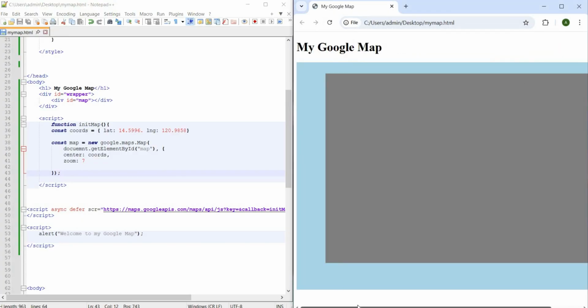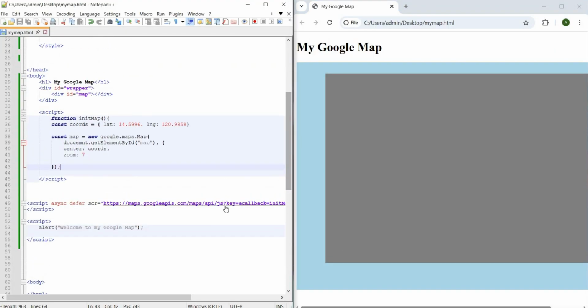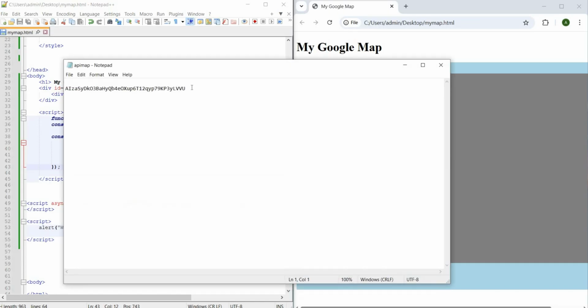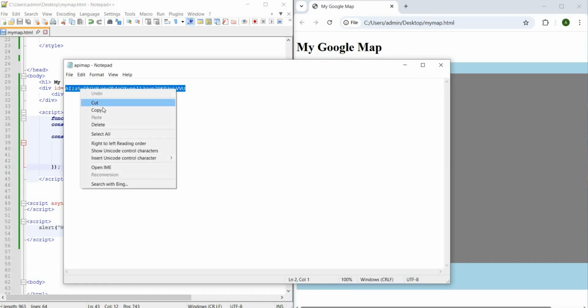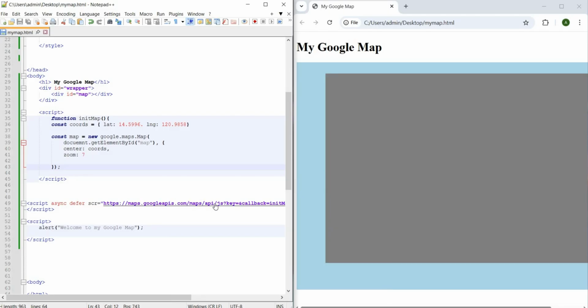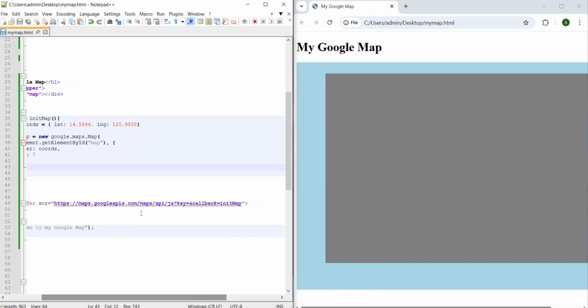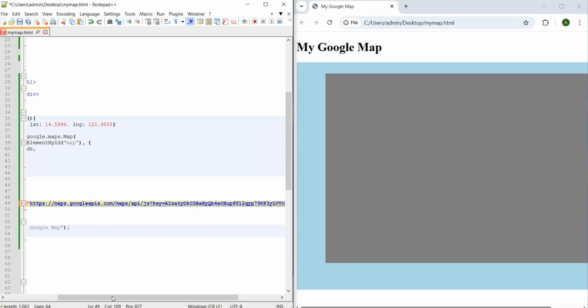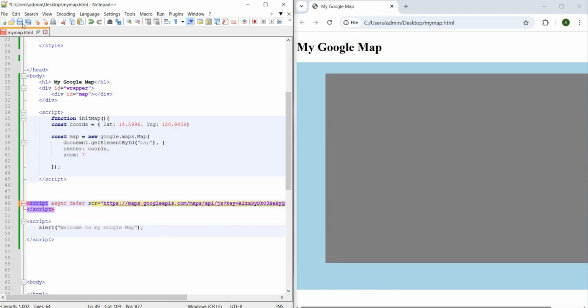Nothing happened. We need an API key for this. I already have an API key here. I just copy it, then paste it here, the key. Okay. Then save. Refresh. Nothing happened again. Let's see what the problem is.